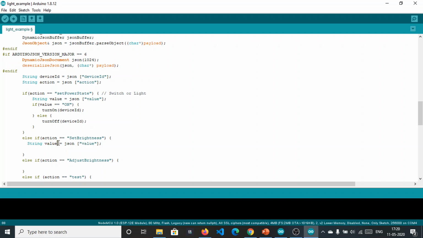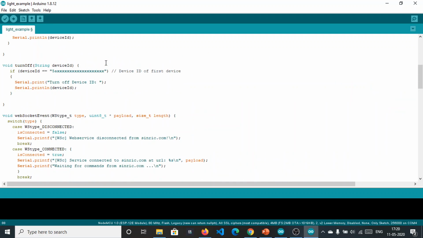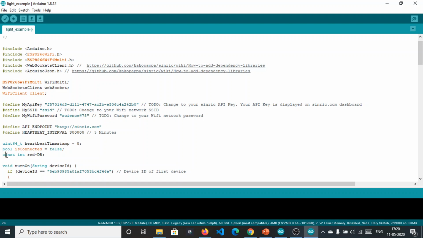so that we can control the LED bulb. Fine. First we need to define our LED, which is connected to pin D5. So define it here: const int red = D5. If you don't have extra LEDs, you can use D0 or D4.